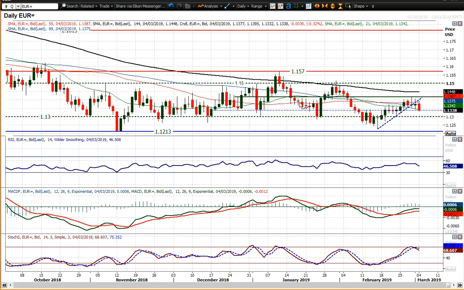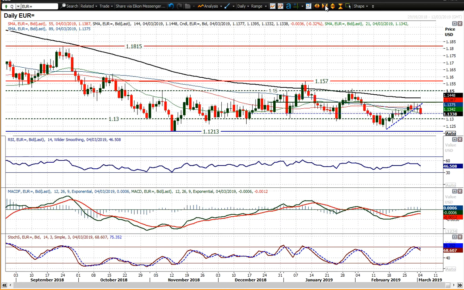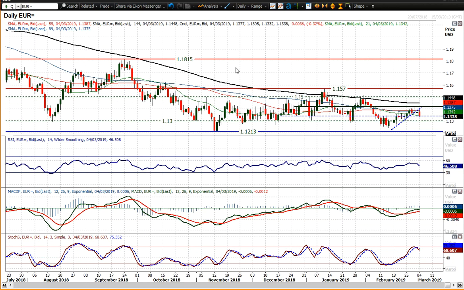And again, we're testing this pivot line, 1.1345, which I'd be taking as a bit of a line in the sand. If you start closing below that, I think it really does suggest that we're going to be coming back towards the 1.13 figure again, and that is where we see the key medium-term range lows of recent months, all coming in around the 1.1215 up to 1.13 figure area. So I think that's where we could be dropping back into, certainly if we start to close below that